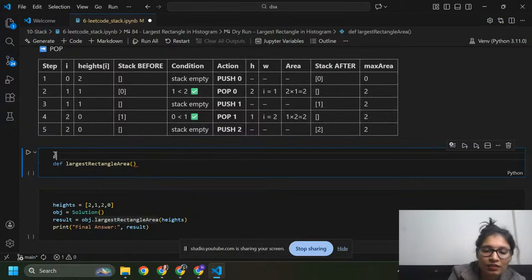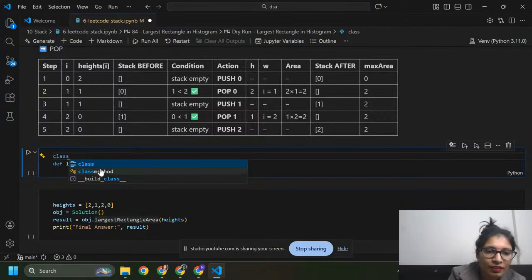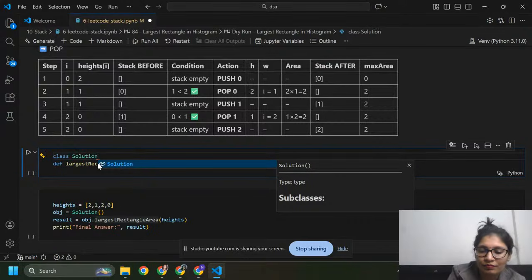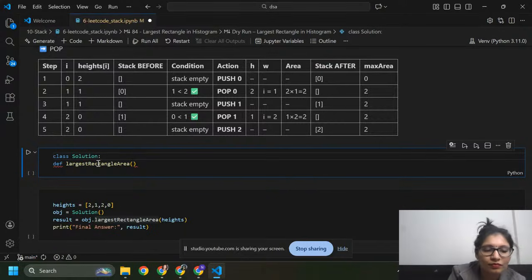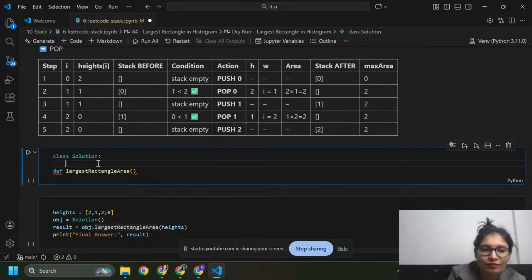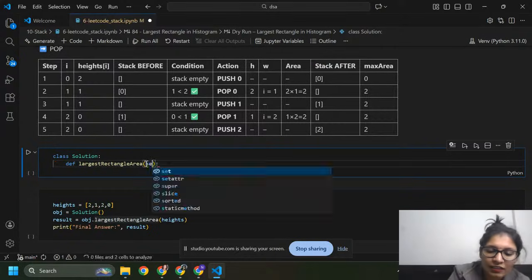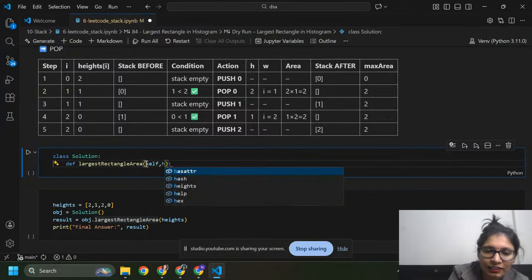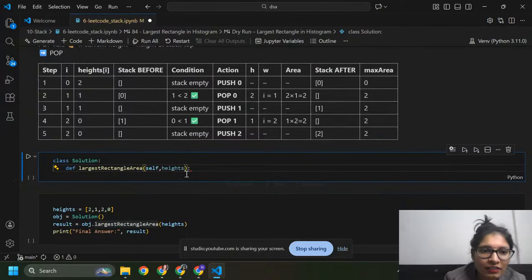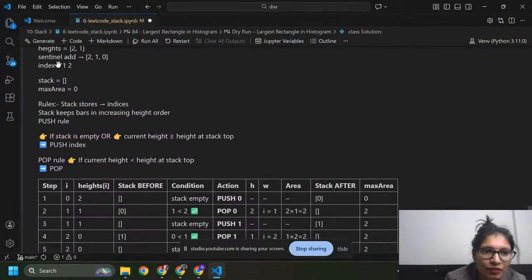Here, class Solution, and this is the function name, largest rectangle area, where I pass self and heights. These heights are the input, 2 1.